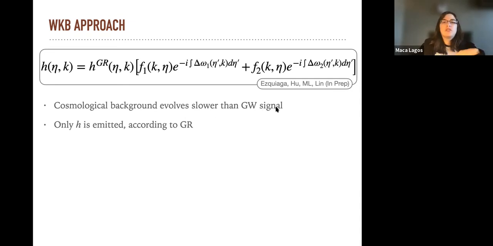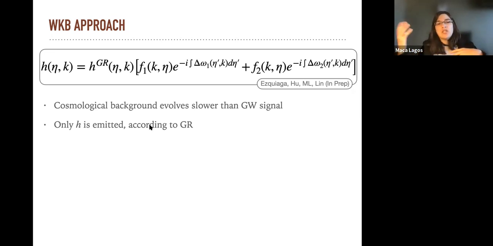So we could apply this to LIGO, LISA, etc. And in order to obtain a solution like this, we're going to assume, and I already mentioned this before, that at the moment of emission, only H is emitted. So there's no emission of the extra field S. However, because there is an exchange of energy between H and S,